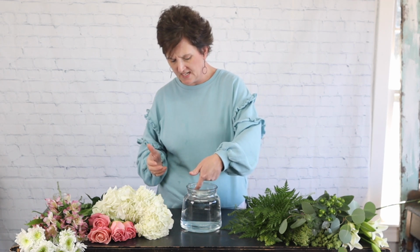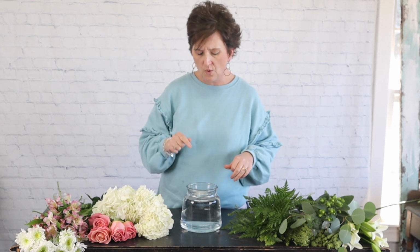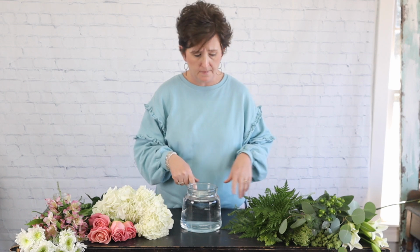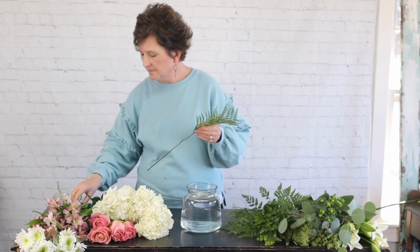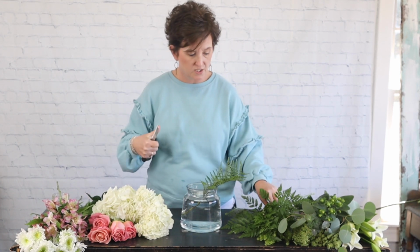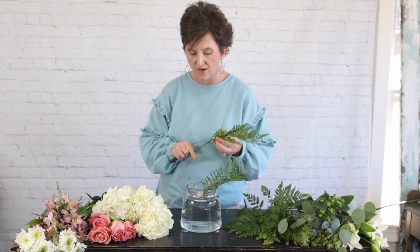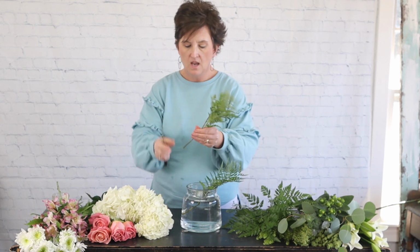This is just a glass vase. I don't even know what the name of it is, but it's just a glass vase we ordered in. It has fresh floral food in the fresh water. I'm going to start out with a little bit of leather leaf. I'm pulling the bottom leaves off the leather, cutting that at an angle and just placing it right into that fresh water. I'm not going to put a whole lot of leather, just a little,